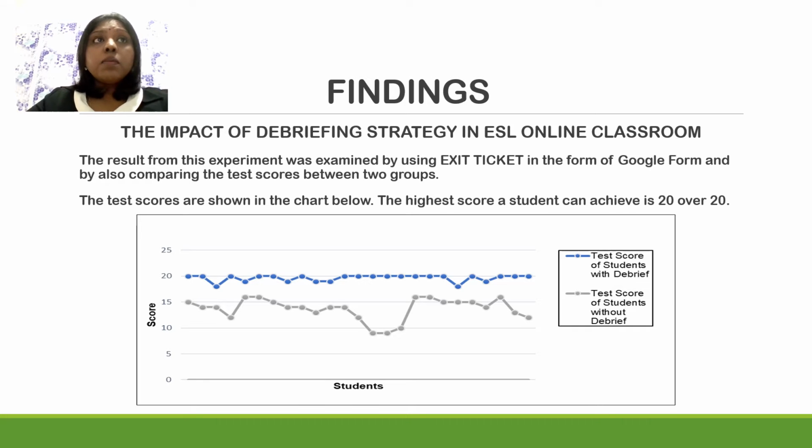The debrief group students gained more confidence in lesson and showed satisfied responses in their exit ticket. These activities assisted the students to reflect and to give their understanding on their learning. So consequently, students participated actively and comprehend what they were learning, and this permitted them to generate time to reflect on their own learning. The debriefing strategy has a great impact as it encourages and increases students' venture, motivation, and